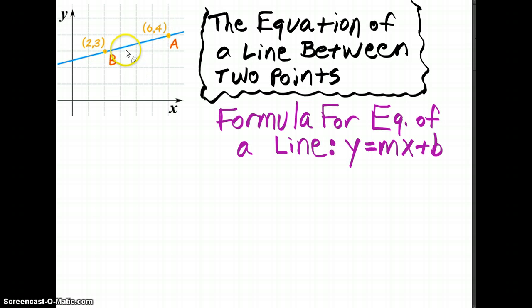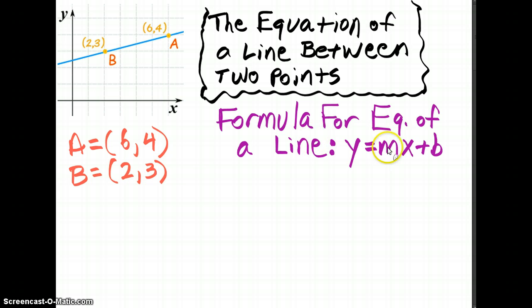What we're going to do is find the equation of this blue line that passes through both of them. So the first thing that I'm going to do is just make a general note over here of what the coordinates actually are so that we don't really need to use that picture there. And then we're going to move into the idea of using the formula for the equation